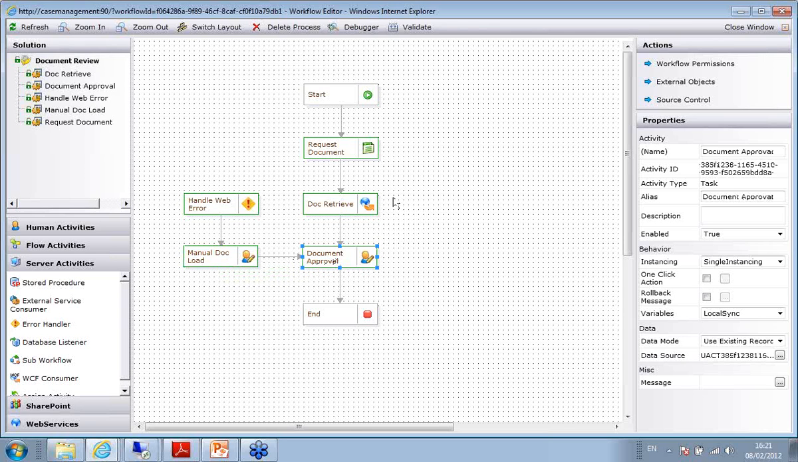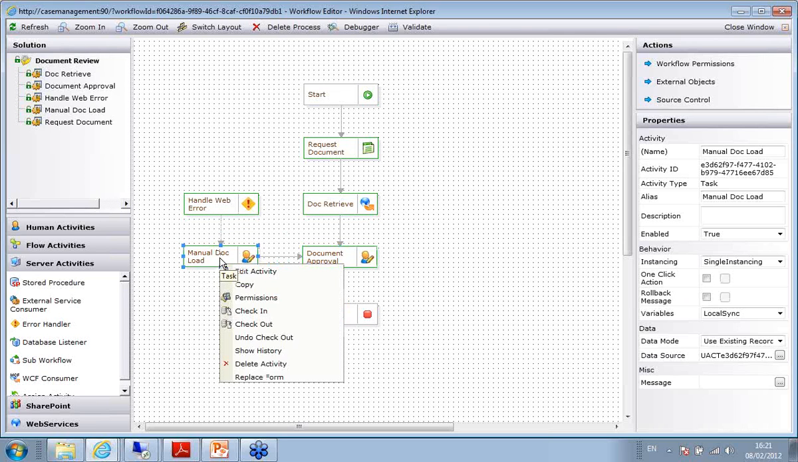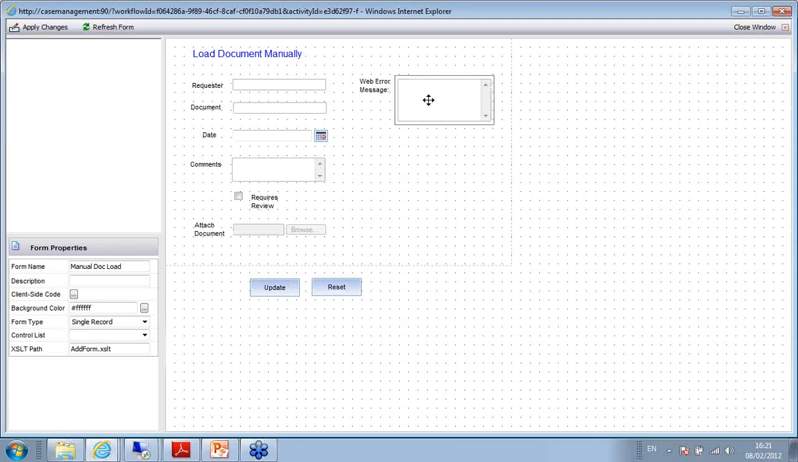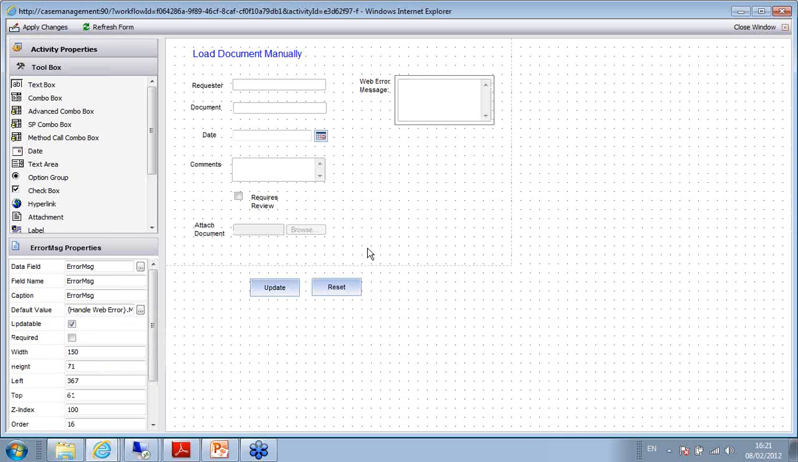Before we actually run it, I'll show you as well how we use the error object that was collected in the error handling activity. We're going to use it in this activity, the manual document load activity. We're going to use it to display the web error message that we got from that failed web service consumer as the default value of this text area. Here in default value,